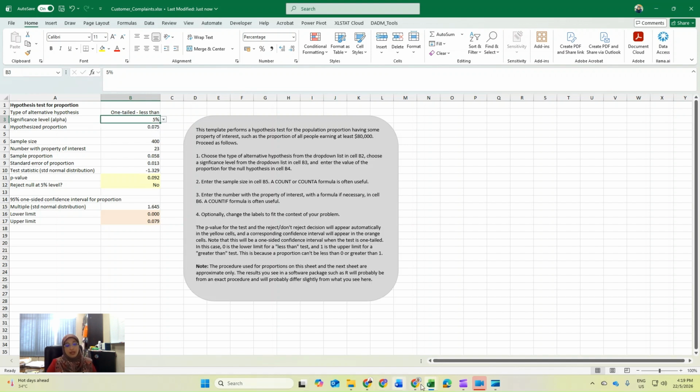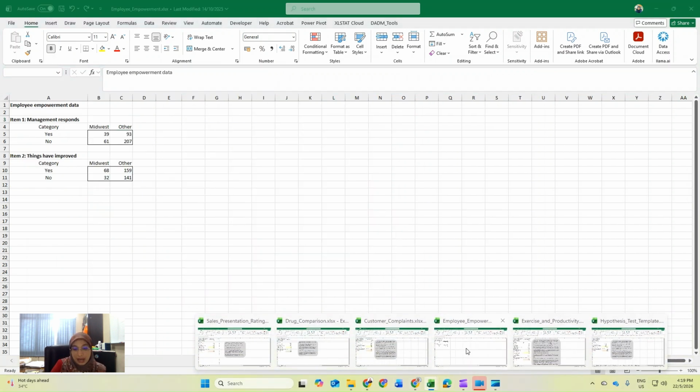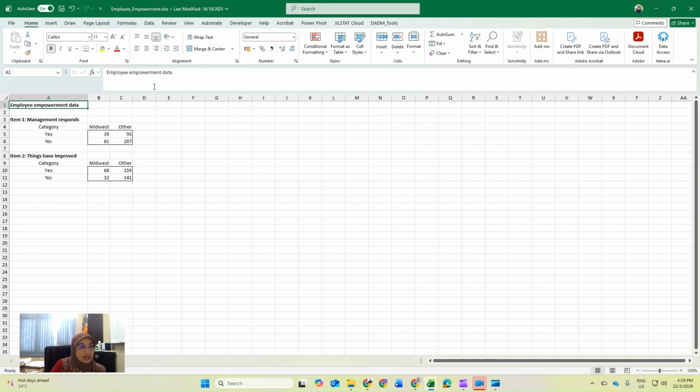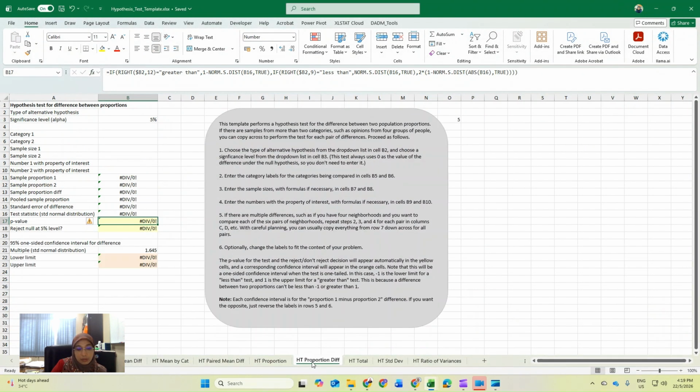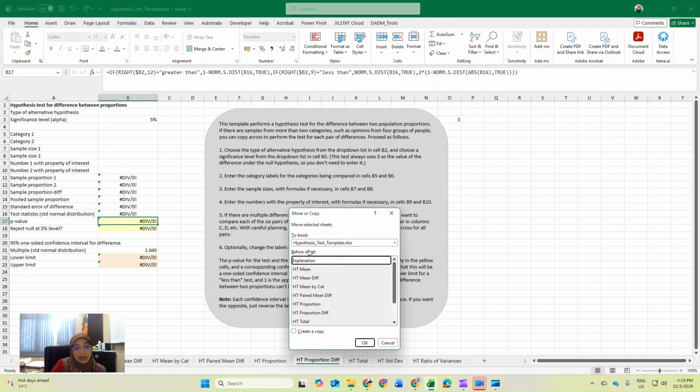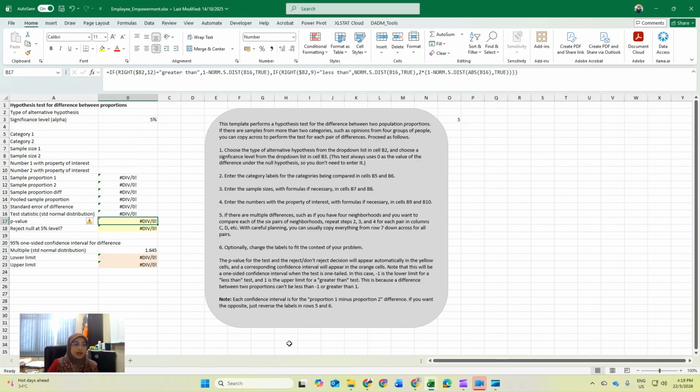Okay, the last file is about the employment two proportions, the difference between two proportions. Go to hypothesis testing, proportion difference. Right click, move or copy to employee empowerment, create a copy and okay.